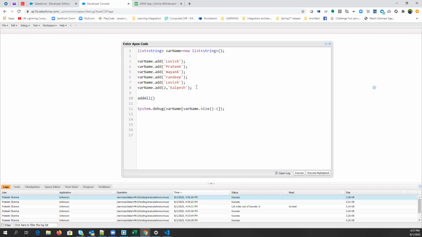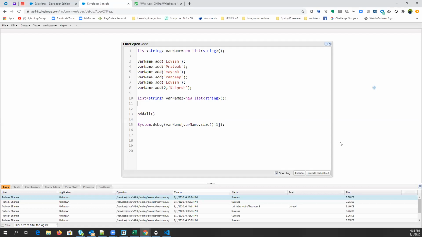So let's say I have one more list, List<String> varName2 equals new List<String>.